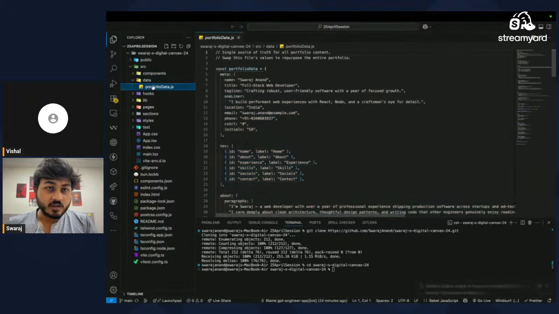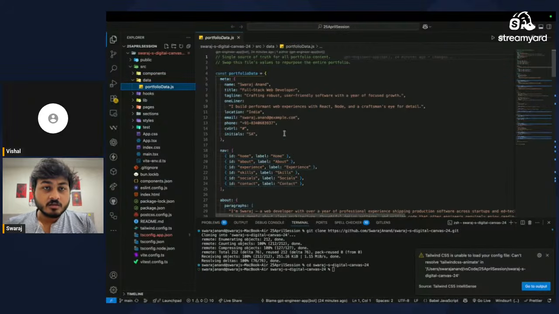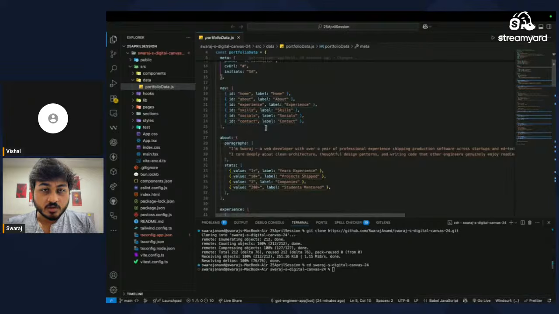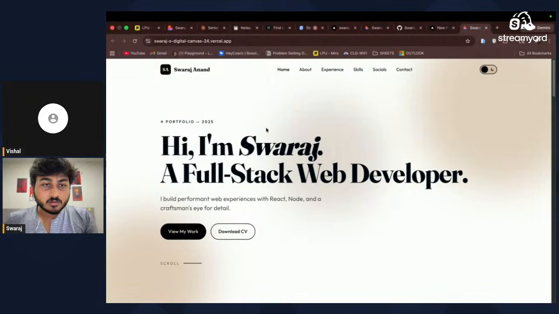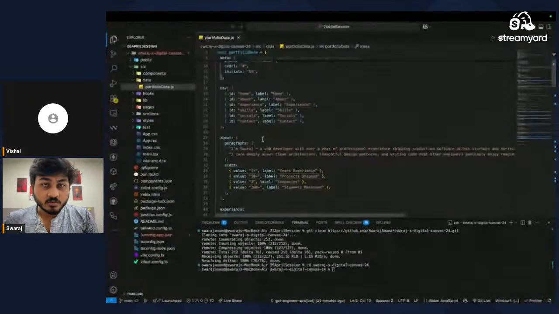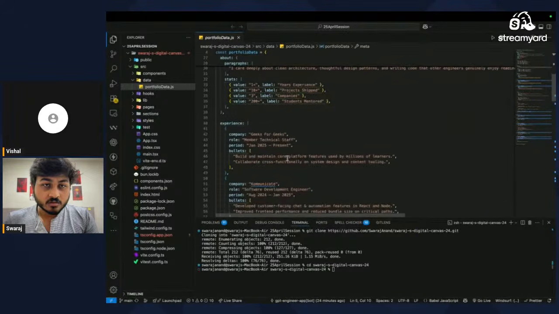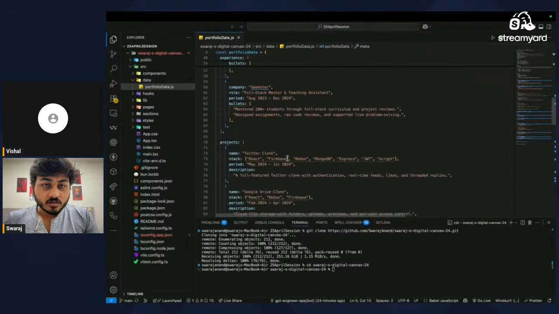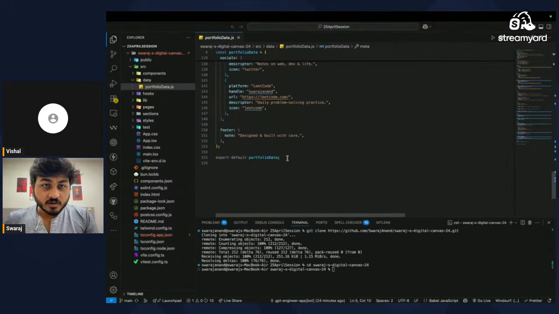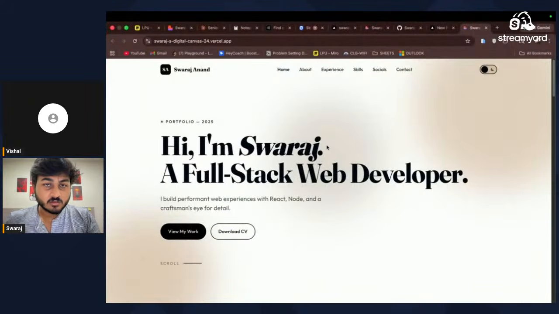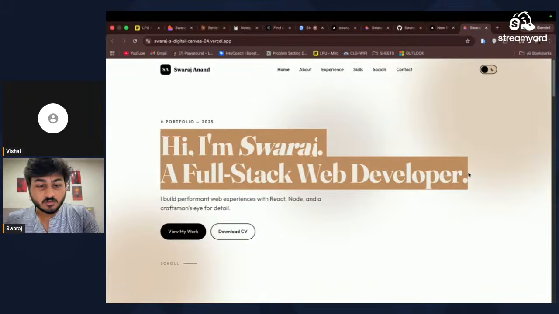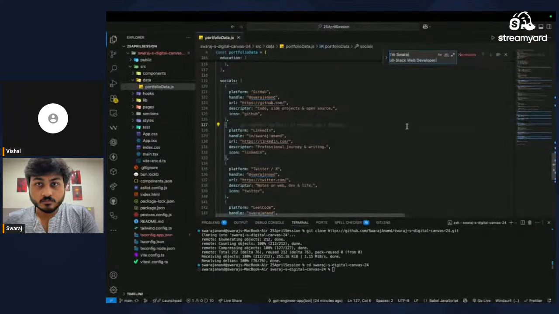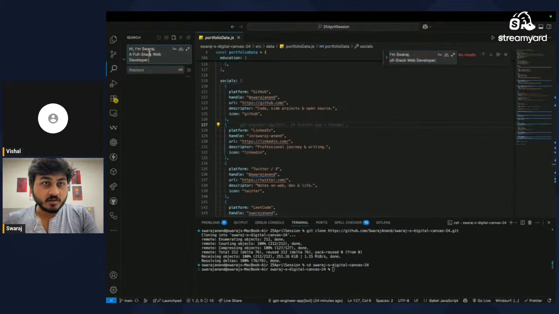So from the data portion, we have a portfolio data there. This is my data, what you have done. These questions are your details. Home and home. I am Swaraj, a web developer, a full stack web developer. Okay, so I just have to find the simple stuff where it has been created, where it is. Let me copy the stuff, let me find it. Okay, let me global find that.